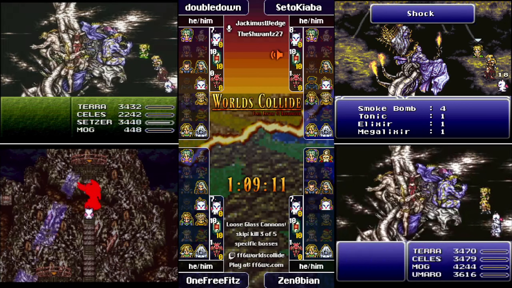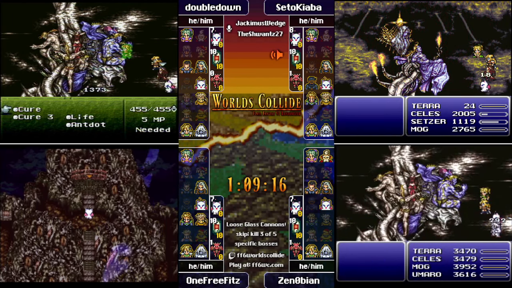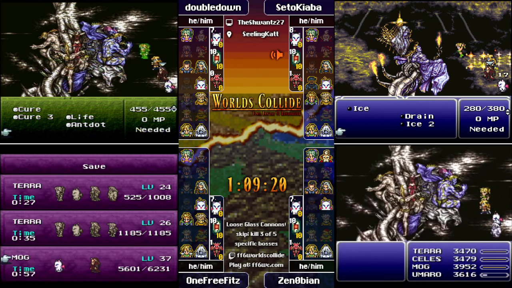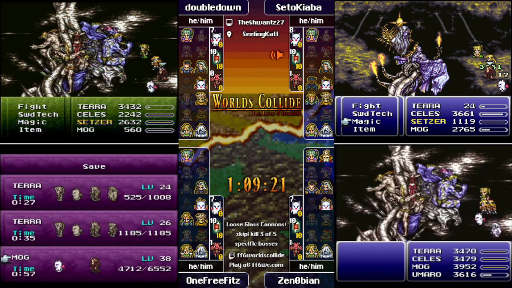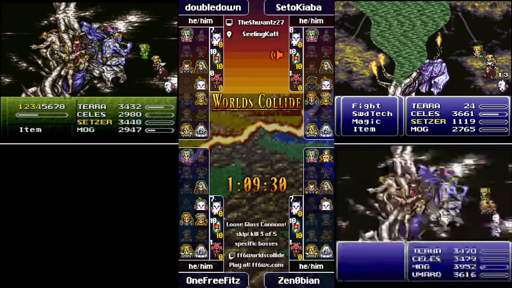Yep. Celi's is out of MP. So, no MP crits from the Illuminas. Why on earth are you using the Elixir with Terra? She does your most damage. Kaiba, what are you doing, man? Optimize, bud. Optimize. Jack is still available for mentoring for anybody in